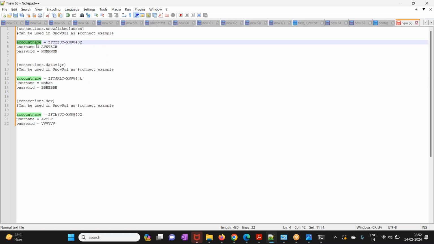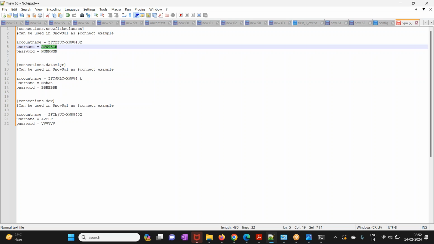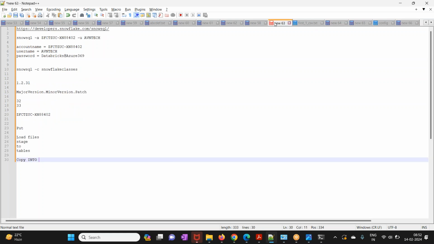You need to provide your account name. I have shown you where you are going to get this account name. From there you need to fetch the account name and provide it here, along with the username for your account and the password. So while connecting to SnowSQL, you need to execute the command like